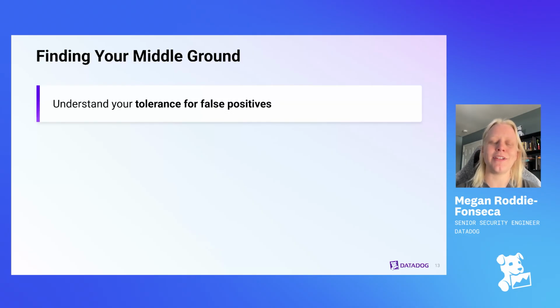Because if you're in a very small business where your security team is a guy who spends half his time doing sysadmin work or projects related to security, he's a security engineer, but he also triages alerts on the side, that one guy is not going to be able to handle a high rate of false positives. Let's say we're getting 50 false positives a week. So if you have one guy who's triaging security alerts, that one guy has 50 false positives in, let's say,